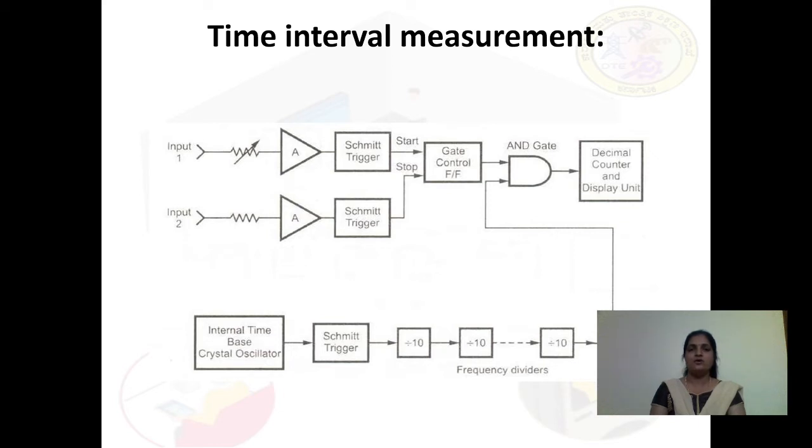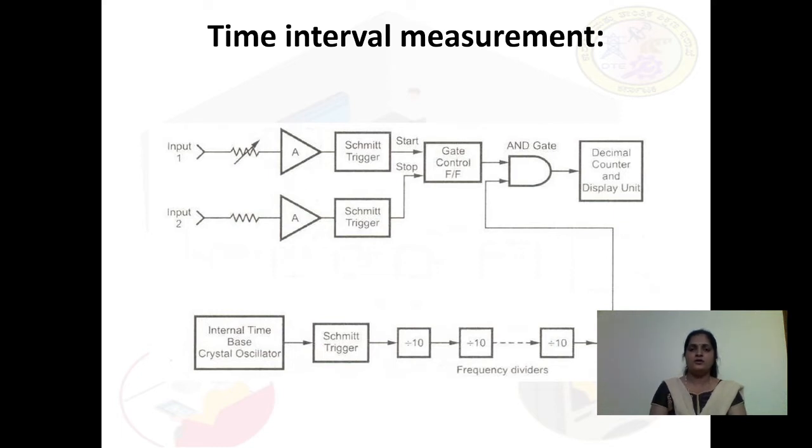Here once again we are using the gate concept, and during the interval of gate open and close we are passing the number of pulses. These pulses during that interval are loaded onto the counter, and the counter displays the number of pulses which travelled in that gate open interval. Finally, this number of pulses is proportional to the measurement of time. So we are measuring the time in terms of the number of pulses in that particular time interval.